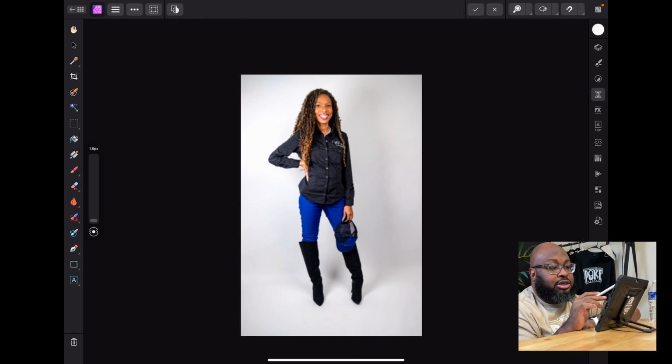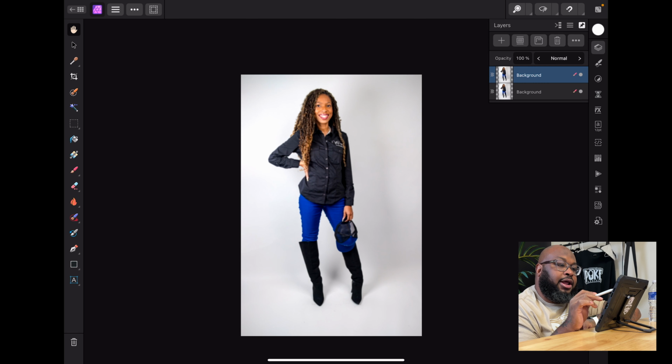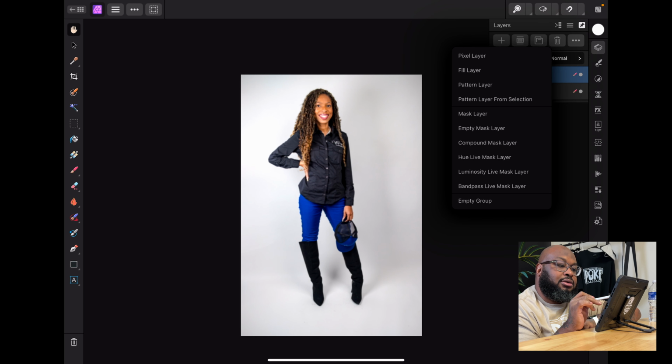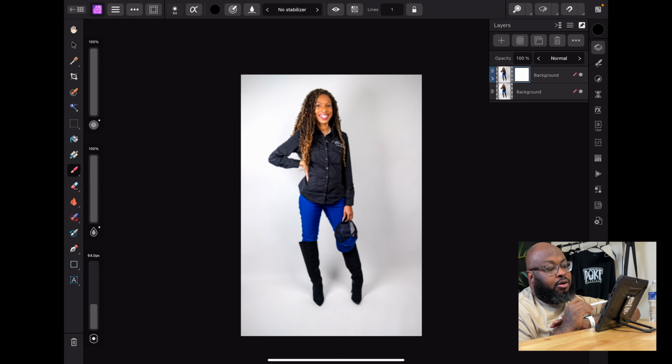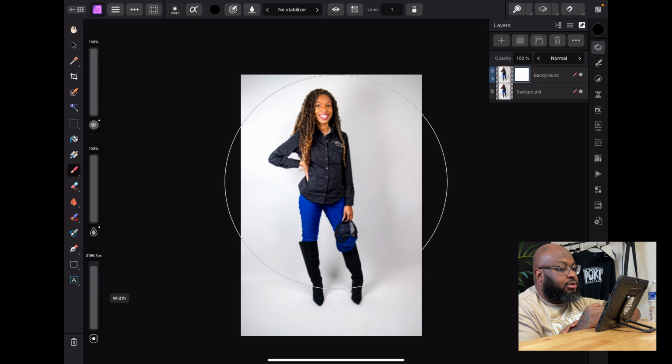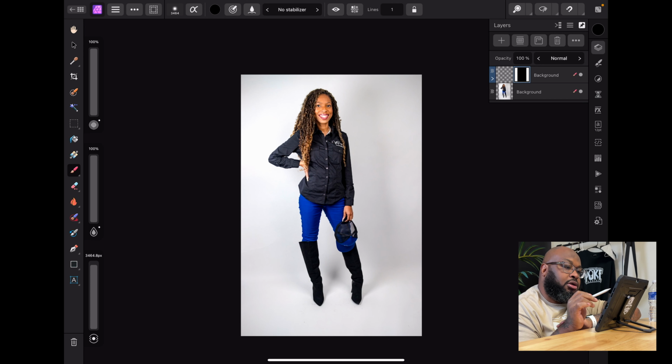Don't forget to click the check mark. So now you turn that layer into a mask, and then if you paint on black, it gets rid of the mask. So you paint on black, I just get a bigger brush, paint on black, get the whole picture painted,